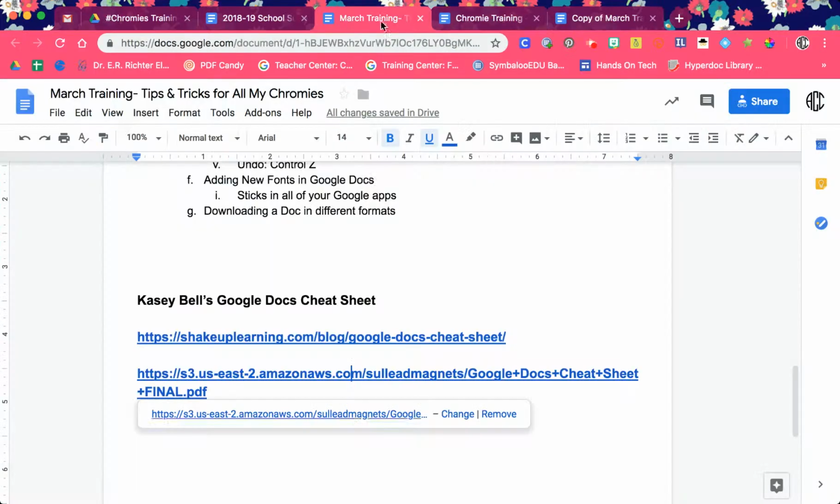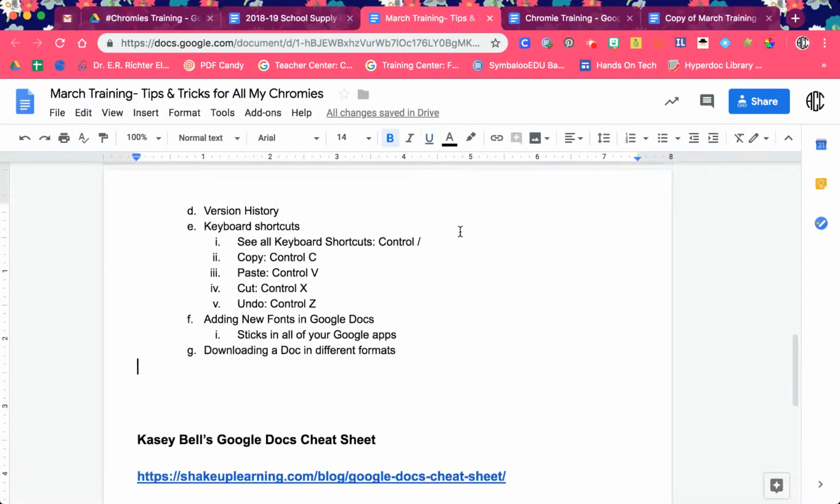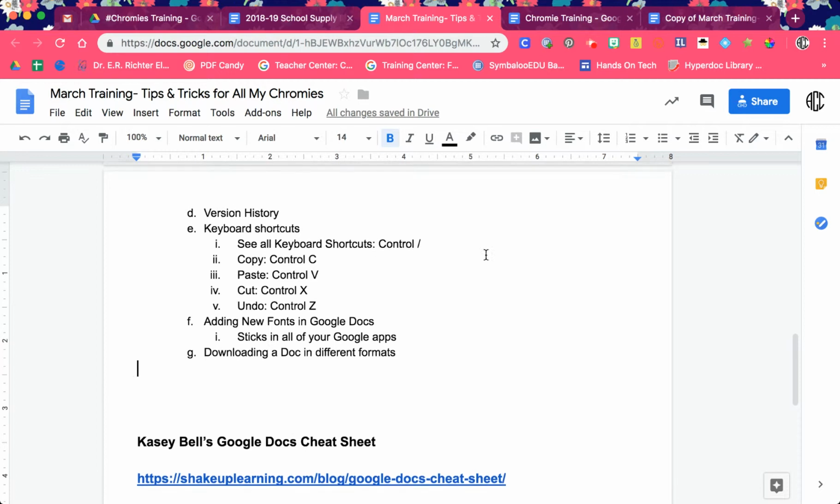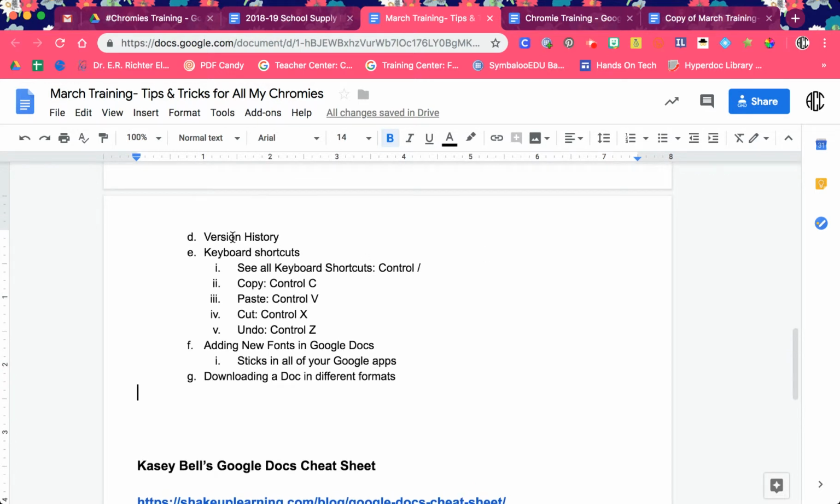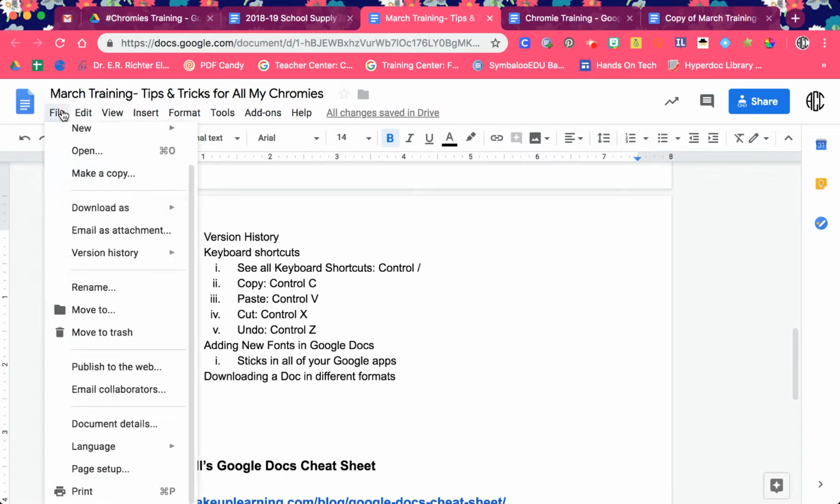I did forget to show you the version history that I had on the agenda. What that means is you can go back and see when the last edit was, if it's a shared document or even if it's just your document. If I click where it says all changes saved in Drive, or I could go to File and Version History,